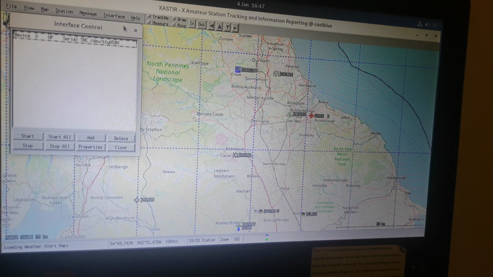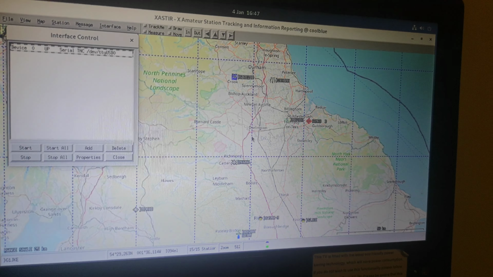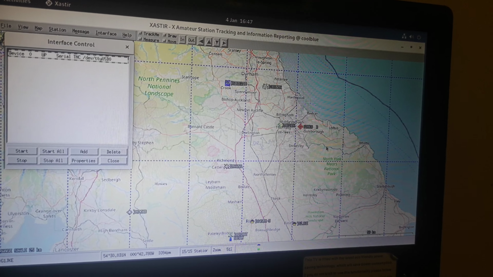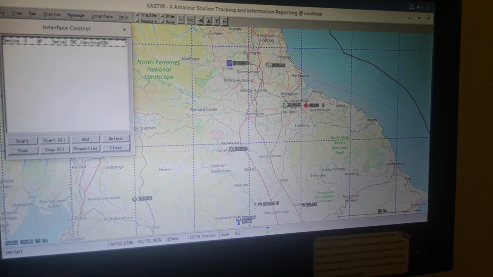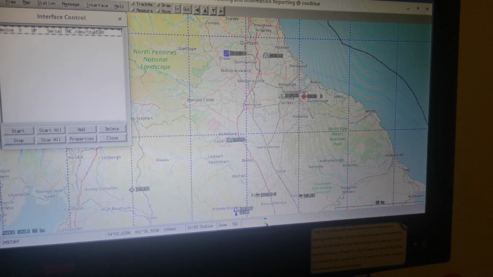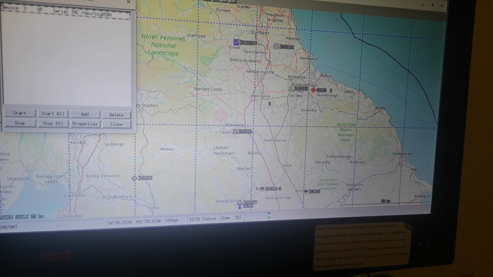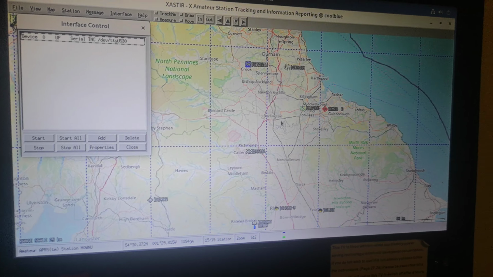And then what's basically going to happen, it's going through a USB hub in my case. I didn't buy the hub specifically for the purpose. I've had the hub for a while, and then it'll just come up on the map as long as the USB port's set correctly and the interface is working, which is just down there. So it can be turned into a receive only igate. That's the limitation of the radio. There's nothing else that can be done about that,